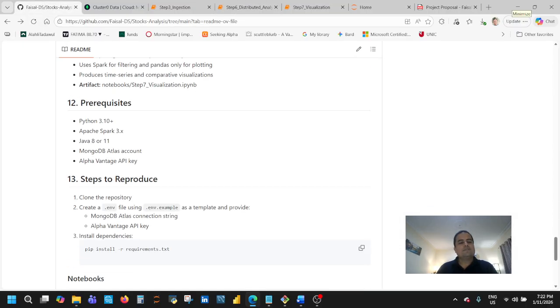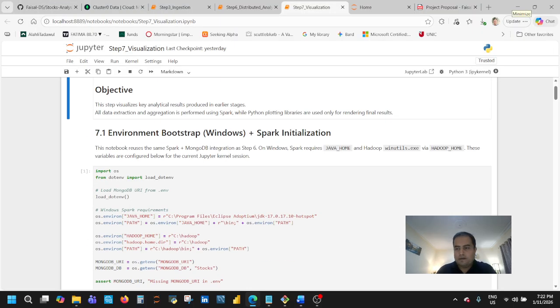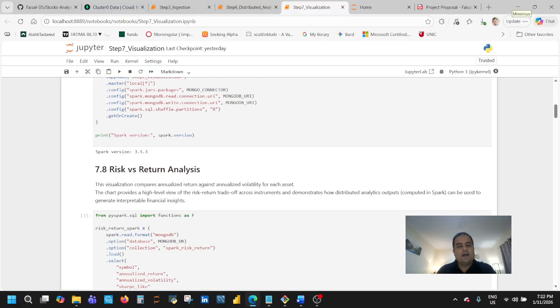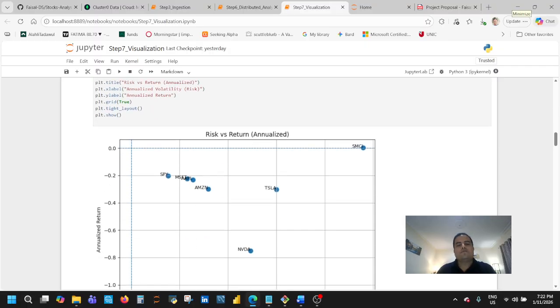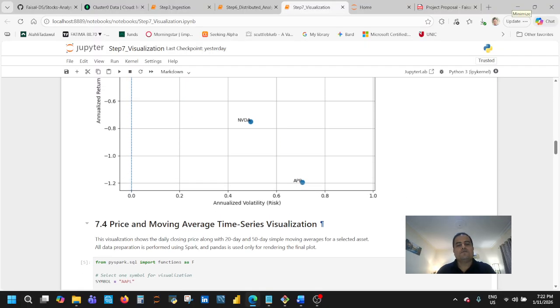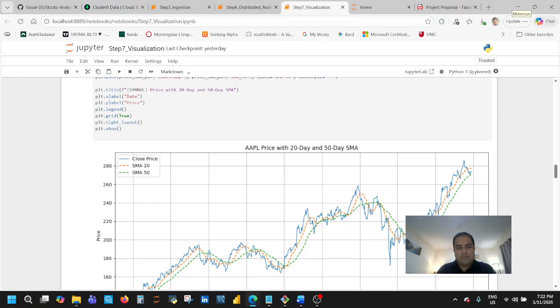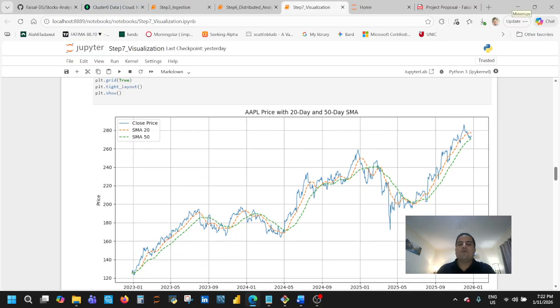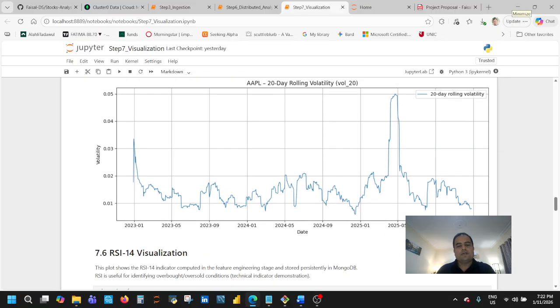Then eventually step 7 is the visualizations, which is the core step of this entire exercise, where I have developed the system to eventually produce risk versus return visualizations for all of these companies, and time series based data for Apple stock. I have taken one company where 20-day and 50-day moving averages have been generated from the data ingested through MongoDB, and then rolling 20-day visualizations.